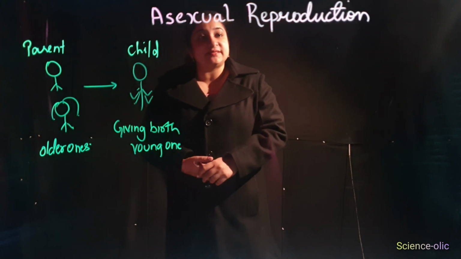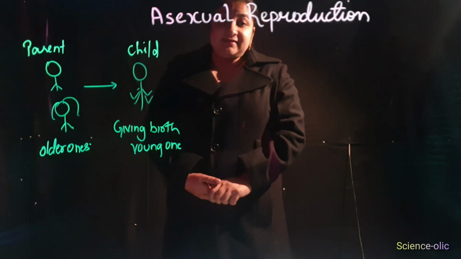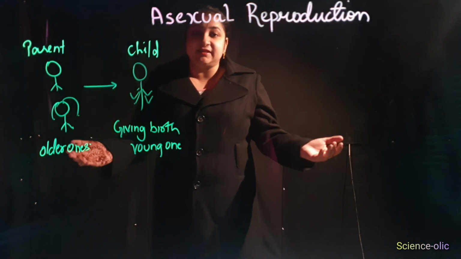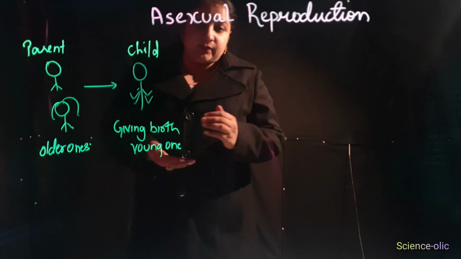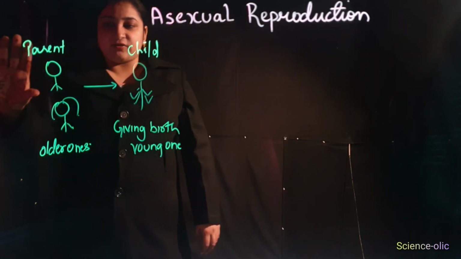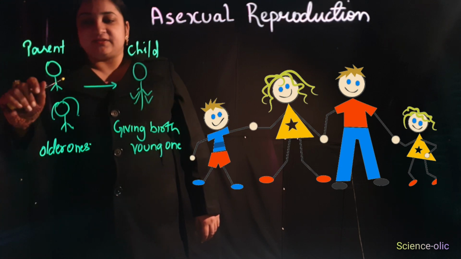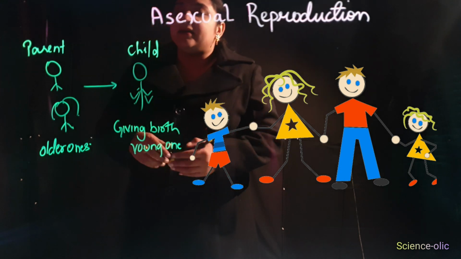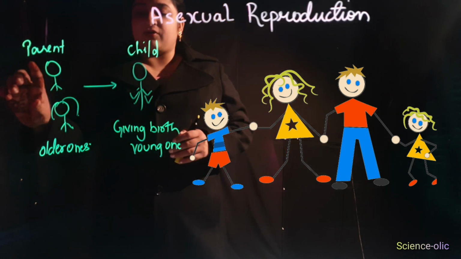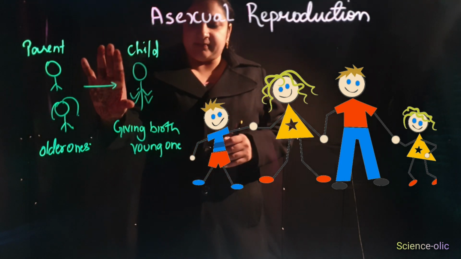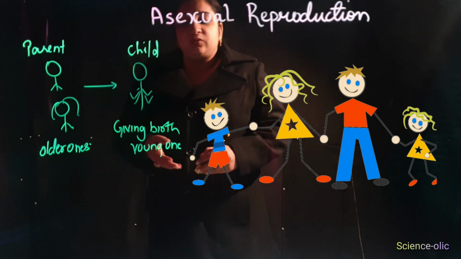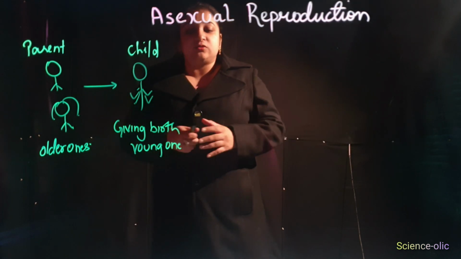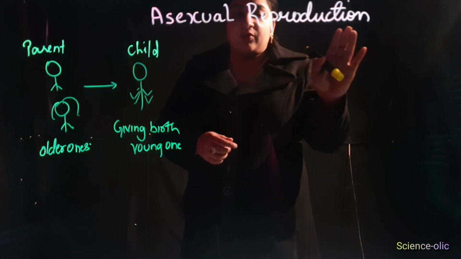Before that, we should understand what is reproduction. As the name suggests, it means again the production of the genes. Now let's understand it with the help of an example. Imagine these are your parents. This is your father, this is your mother, male and female reproduce a child, and you are the result of reproduction of your parents, children. Older ones giving birth to the younger ones is known as reproduction.